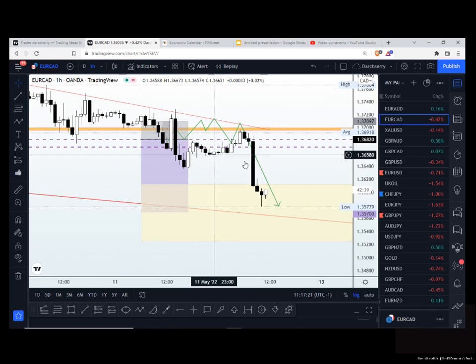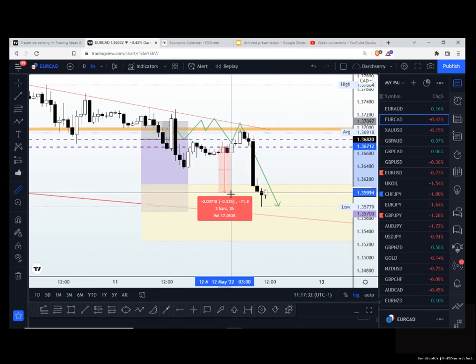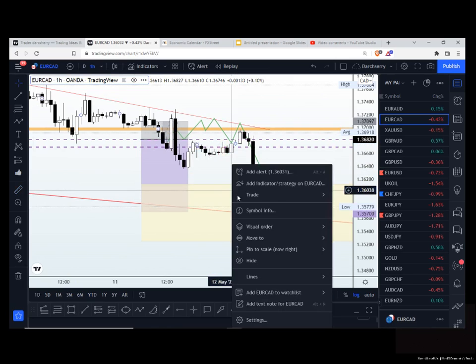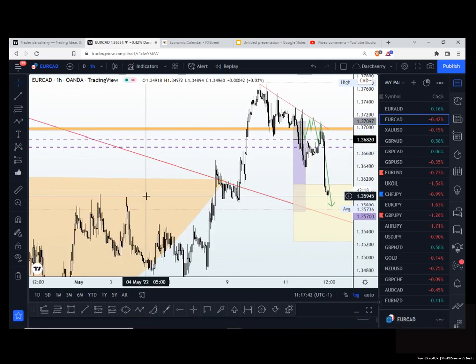Okay, so we have these positions running, and we have a total of, let me see, one is 80 pips and the other one is around 70 pips, so we are in total of 150 pips on the EuroCAD. And at this point you might want to close the trade, and the reason why I'm saying that